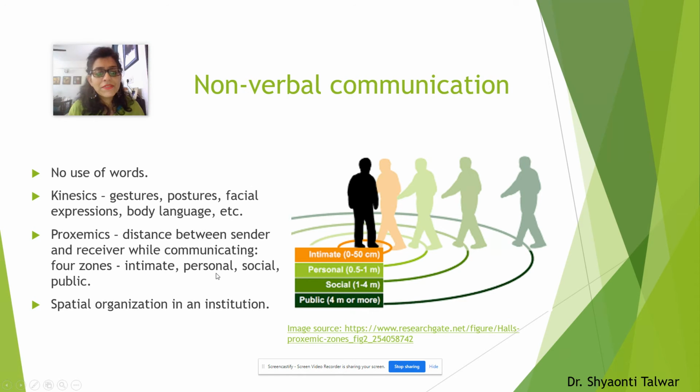Now, this is a general idea of proxemics. Depending on where the sender and the receiver stand, the communication can be structured accordingly. On the other hand, the way the communication goes can also determine the social distancing between the sender and the receiver, right? So the more the distance between the sender and the receiver, the more the level of